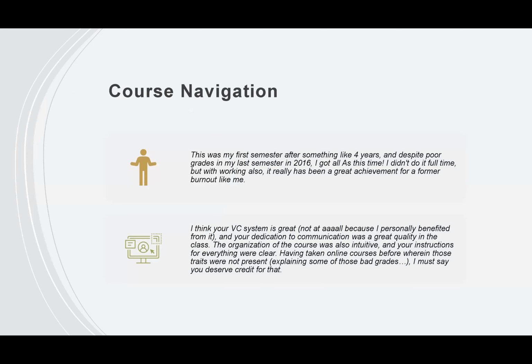Course navigation. So I've given you a quote from a student. This is an email that I got. What I think is important about this is that this is an adult student. They are a non-traditional student, and they self-disclose: this is what it was like when I first started school, I didn't do well, I'm back, and here is why. Here is the positive feedback about your course, and what was really important here is that instructions for everything were clear. That is what I'm always hoping for, that it's communication. And that's nice, they showed they understood the dedication to communication,